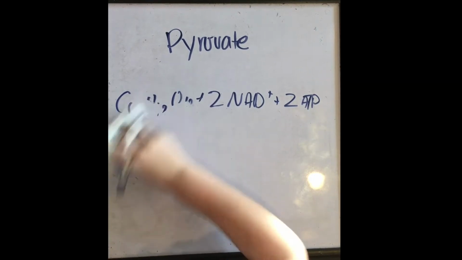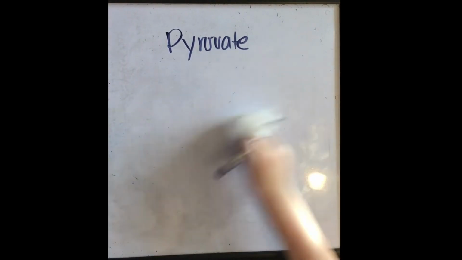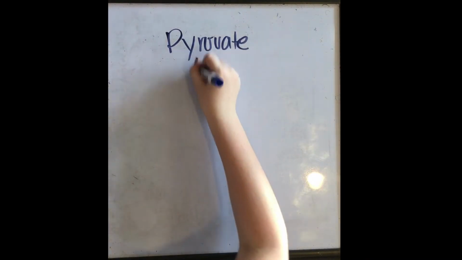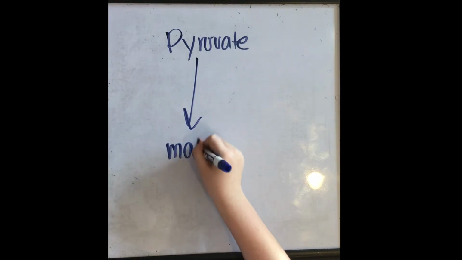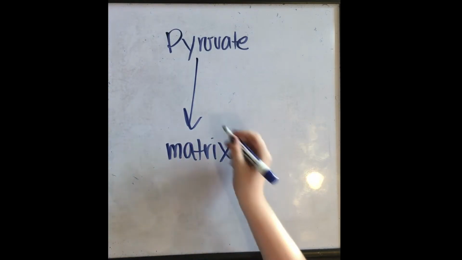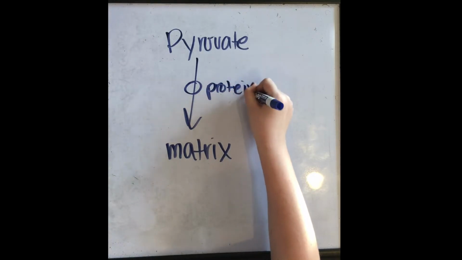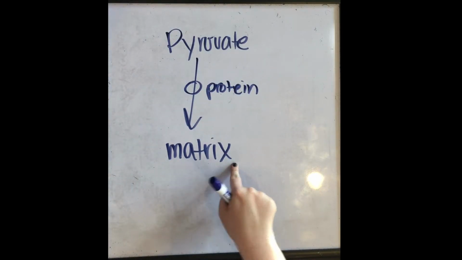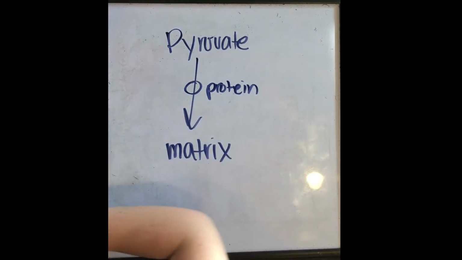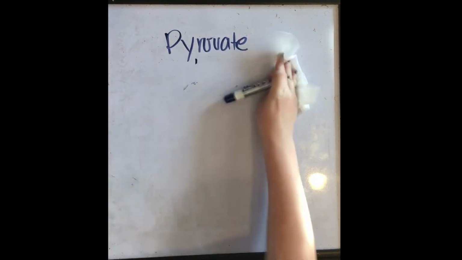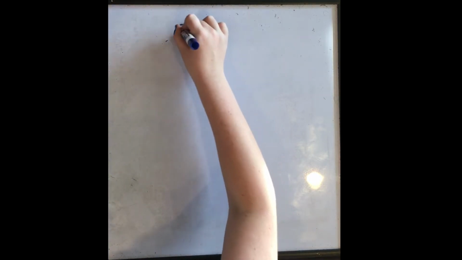After glycolysis is completed, in order to move to the Krebs cycle, a link reaction must occur, and it is the first stage in aerobic respiration. First, pyruvate is transported into the matrix of the mitochondria from the cytoplasm via transport protein. After the pyruvate enters the mitochondrial matrix, it is decarboxylated by the enzyme pyruvate decarboxylase, and a single carbon is